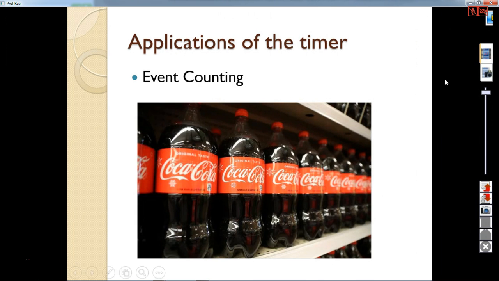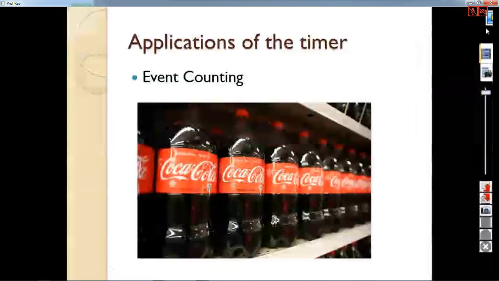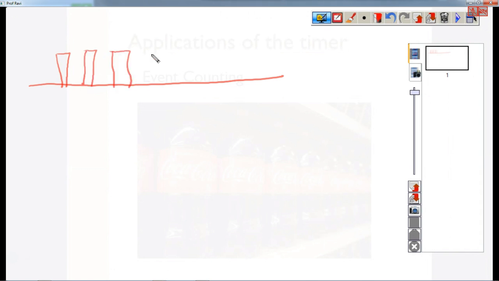So then the arrangement what you can do here is here is a conveyor belt on which the bottles will be moving on a conveyor belt. So what you can do is here you can keep